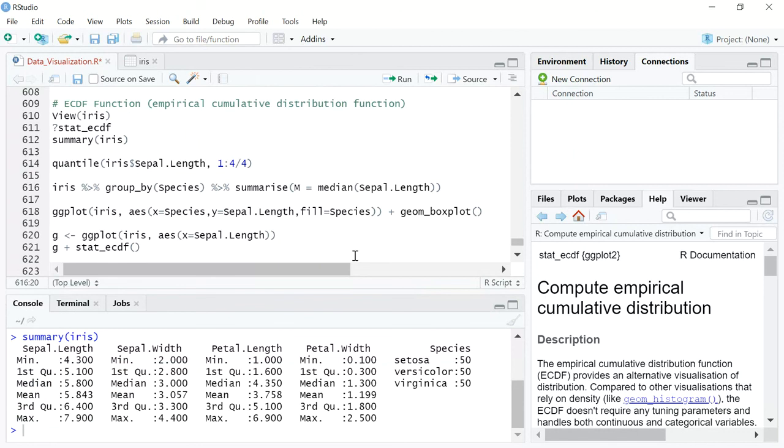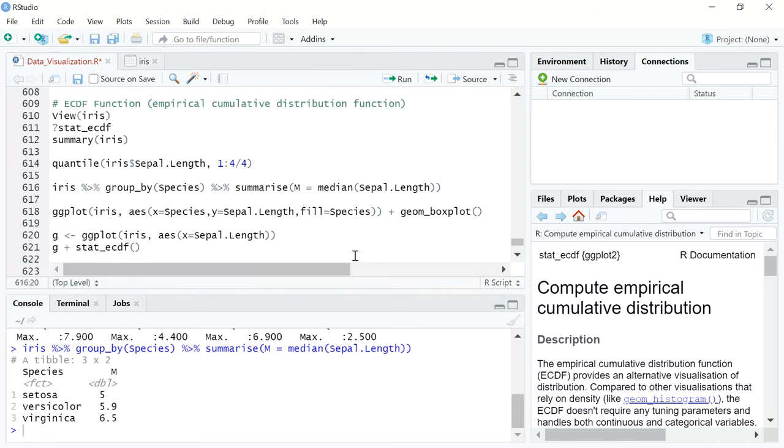There is another way to look at some of the medians. We use the dplyr function. We'll pass the pipe on iris, then group by species, and then use the summarize function. We have looked at the dplyr package in videos 5 to 7. I recommend you go through those 3 videos, because this is a very powerful package.